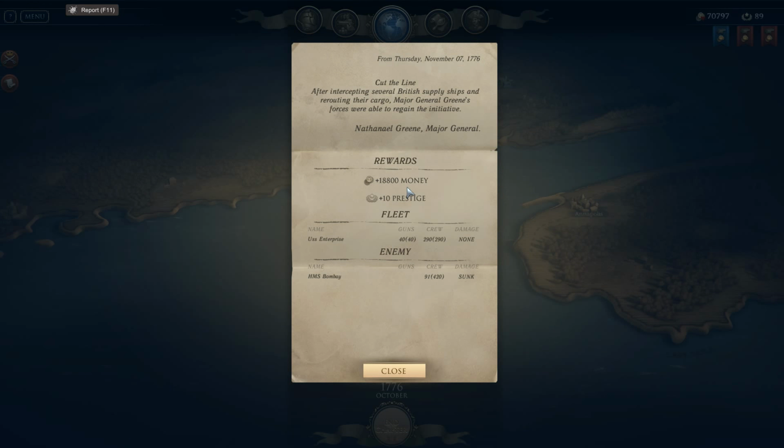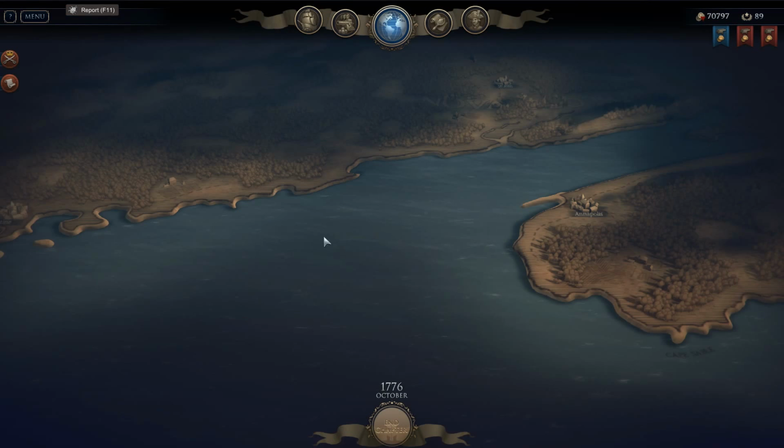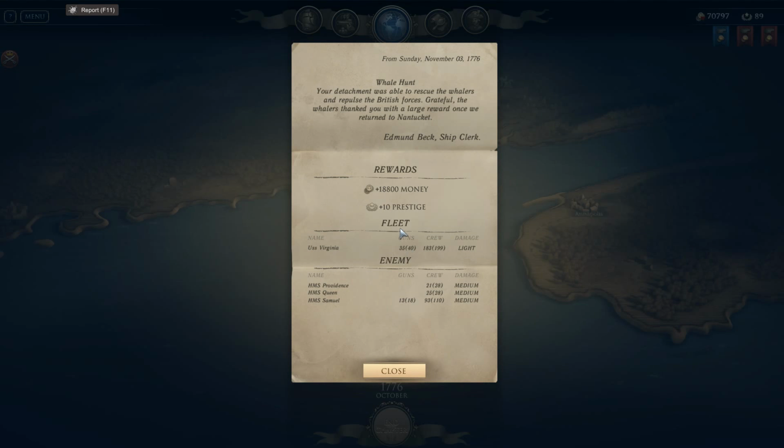Nice. So we gained another 19,000 money and 10 prestige for that side mission. No damage to the USS Enterprise. They sank the Bombay, which had a crew of 420. Or maybe they lost 91. I don't know. We also...